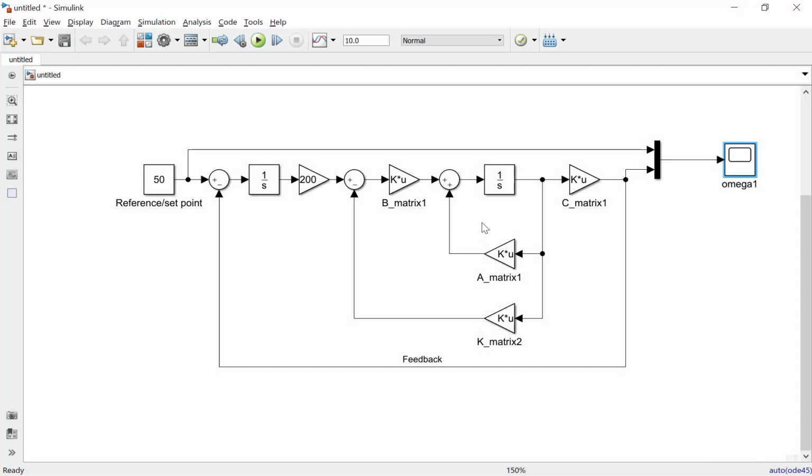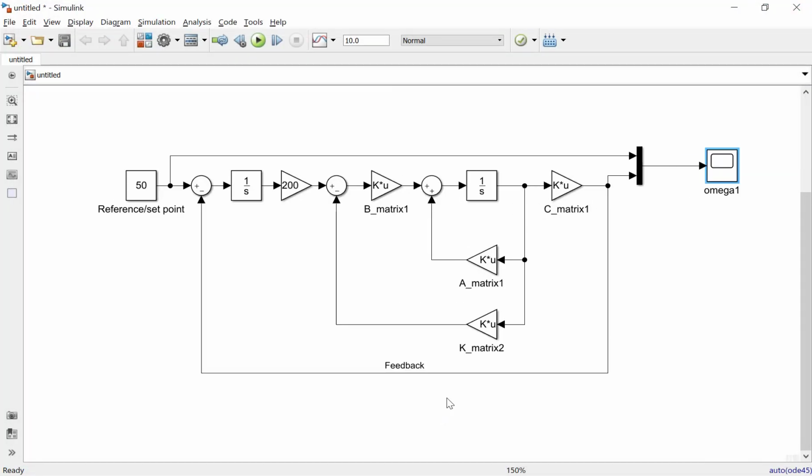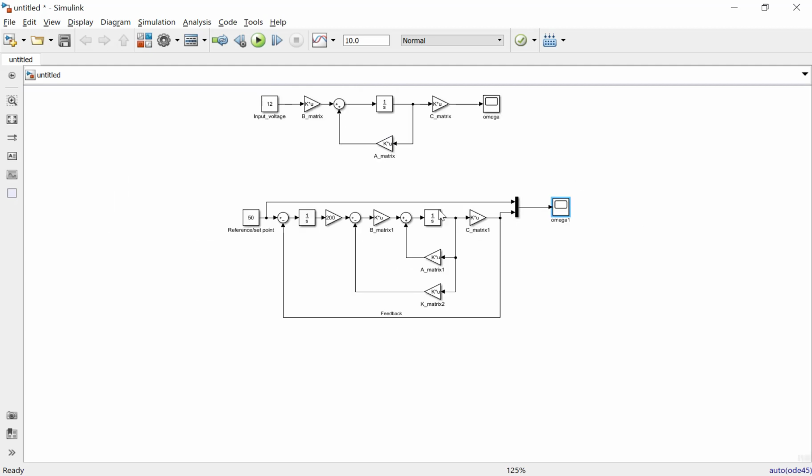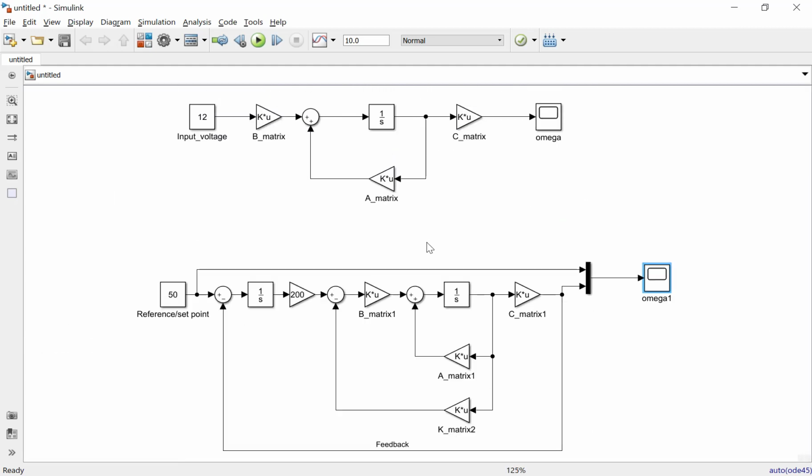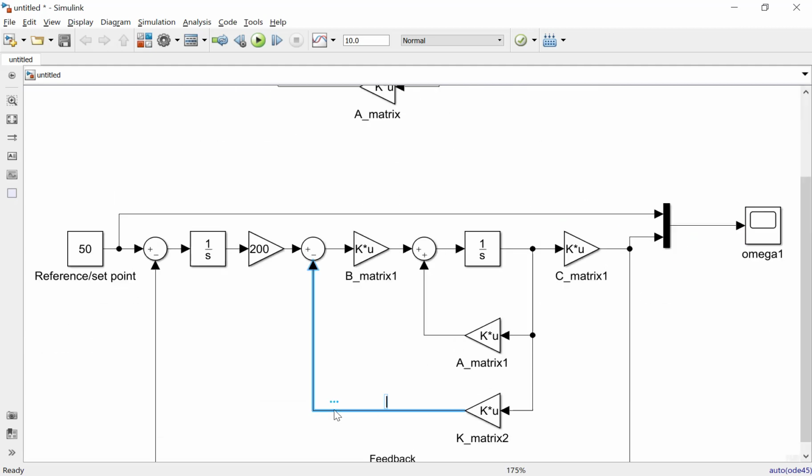Okay, so this is the process to create the state space model simulation, and then the state space control using the integral state feedback.